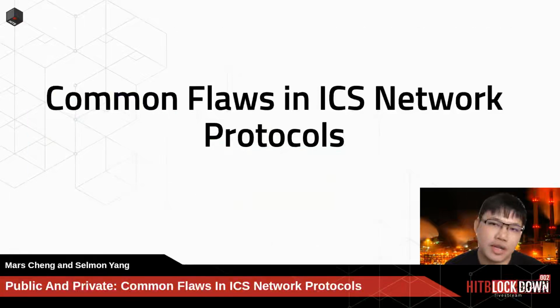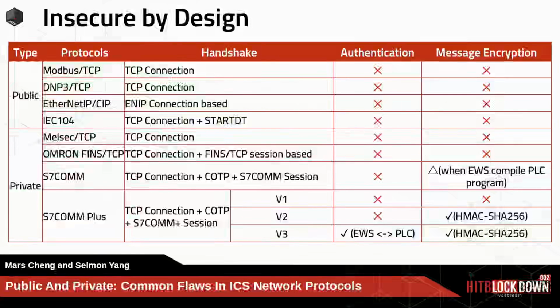So we have already reviewed and briefly discussed the 7 protocols, including 4 public and 3 private protocols, and then we talk about common flaws in ICS network protocols. Among the 7 protocols we analyzed, only S7 has strong built-in security, and the other protocols basically have no protection against security issues, such as authentication or message encryption. They are designed to achieve the best availability. Let's learn what kinds of specific attacks and impacts will be disclosed.